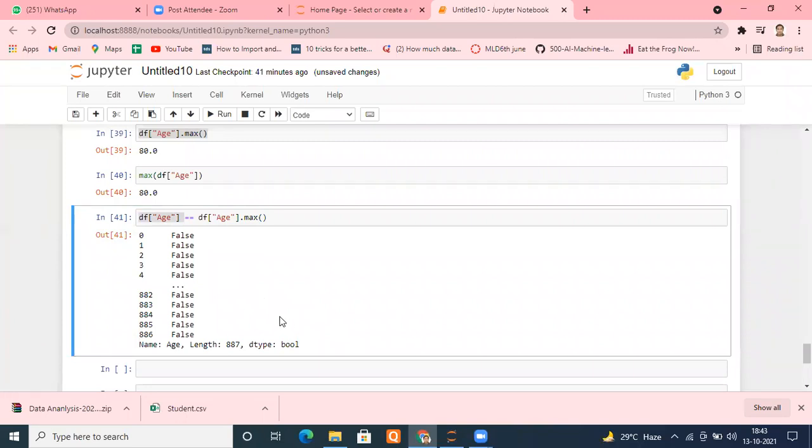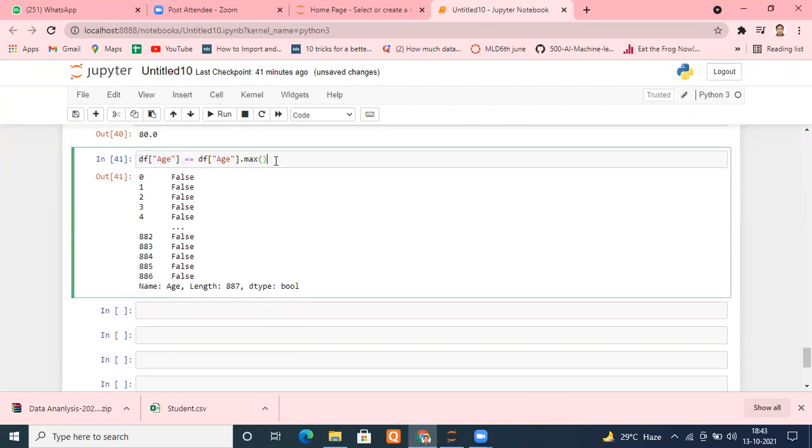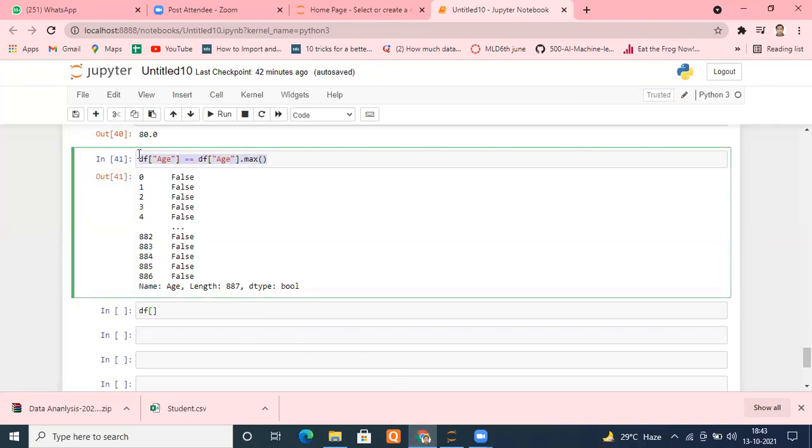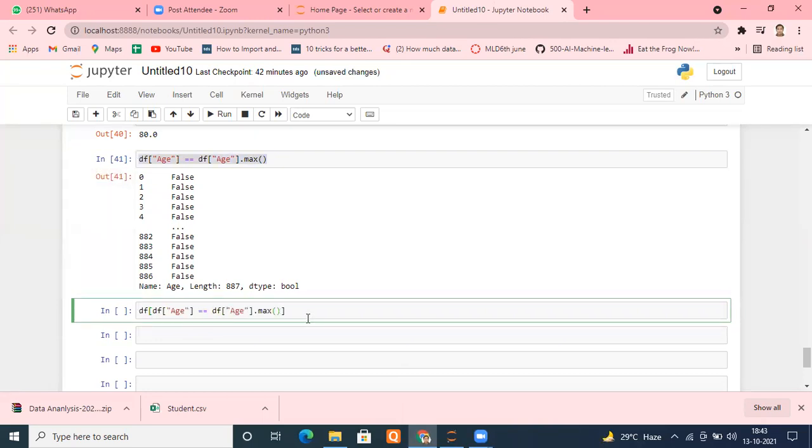Now see what I'm going to do. I'm going to pack this thing in. This is my df, these are square brackets, and the original data frame is df. Within that original data frame, I am going to pass this condition. Now what will happen?